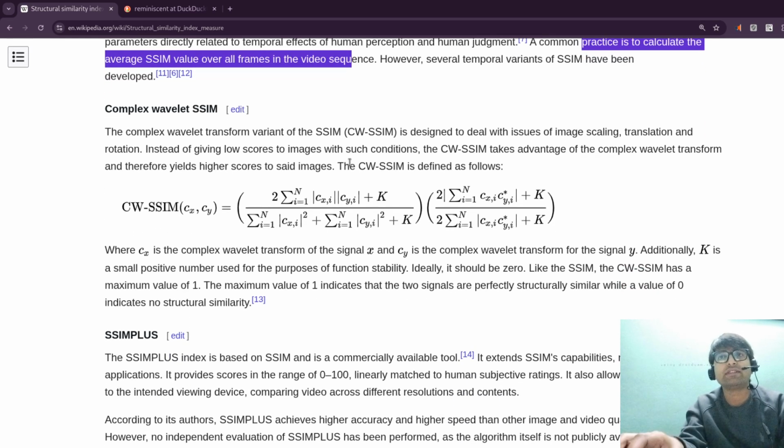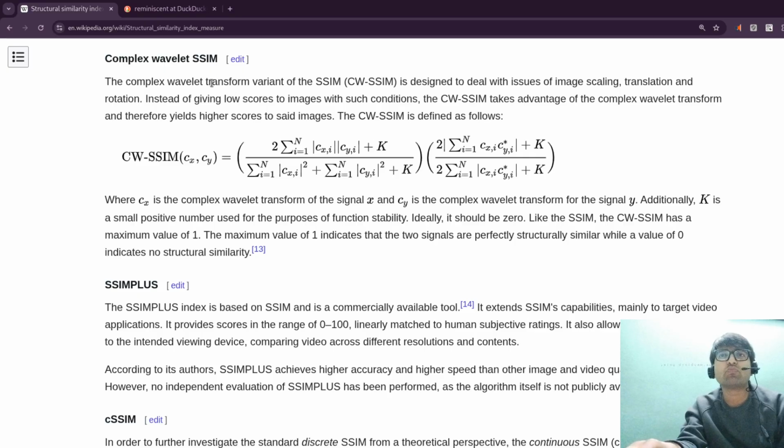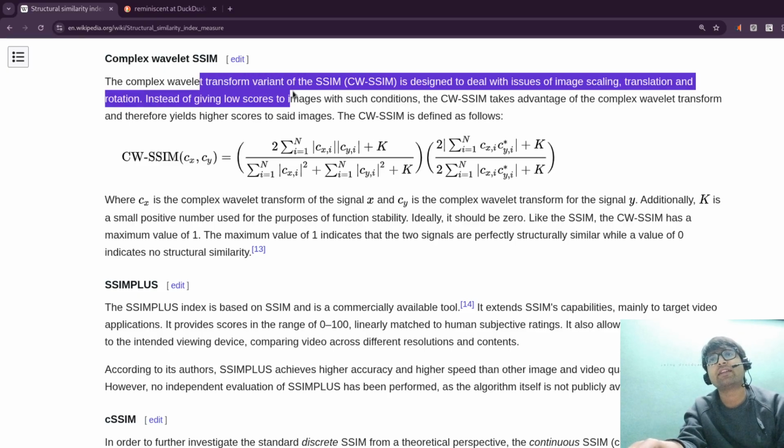Complex wavelet SSIM. The complex wavelet transform variant of the SSIM, CW-SSIM, is designed to deal with the issue of image scaling, translation, and rotation. Instead of giving a low score to images with such distortions, CW-SSIM takes advantage of the complex wavelet transforms and therefore yields a higher score to such images. Thus, CW-SSIM is defined as,